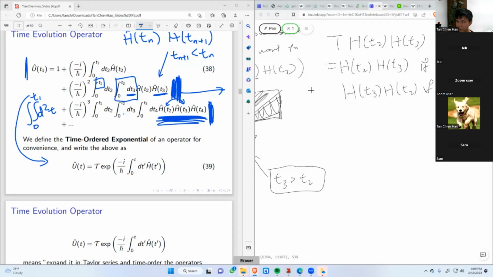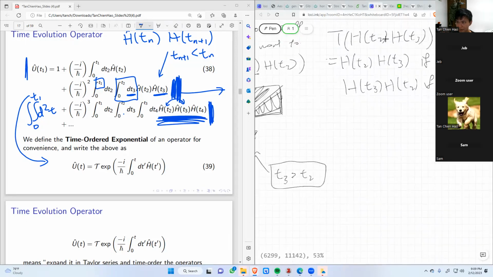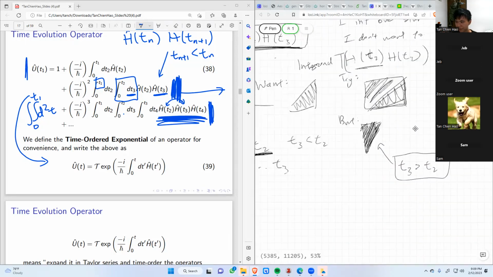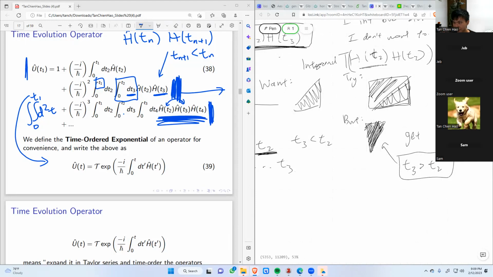So this is a time ordering operator on the two. This is a time ordering on the two operators over here. So I wanted to get rid of this. I wanted to get rid of this extra triangle. But if I change the integrand from just strictly this thing inside the bracket, h(t2) and h(t3), into the time ordering T of h(t2) and h(t3), then this triangle, essentially,